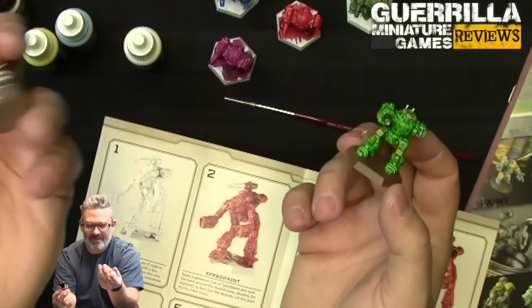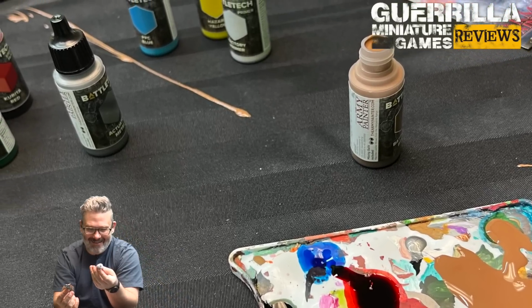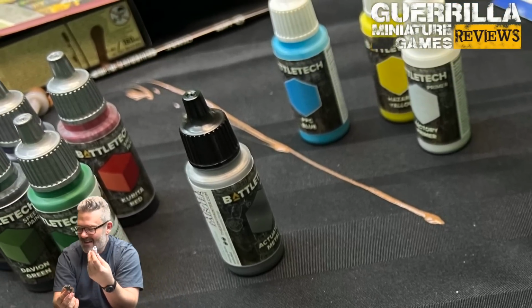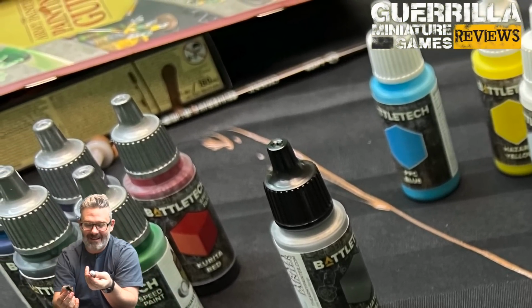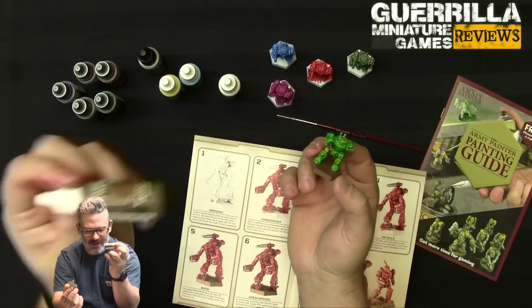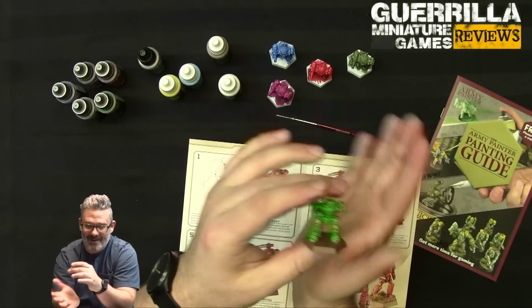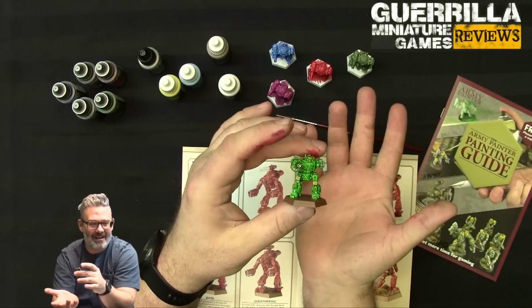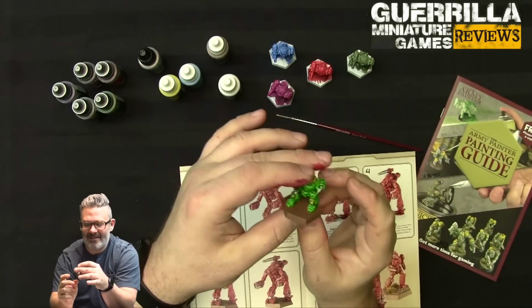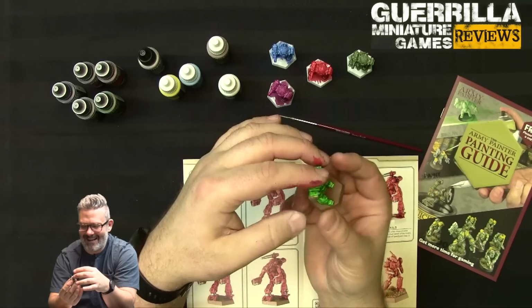Now here's where I ran into my next bit of trouble after the primer. This had a clog in it. I squeezed it a teeny bit too hard, and the top flew off, and we had a battlefield brown explosion. So be mindful of these droppers. Usually what I have lying around is a paper clip that you can fish down the nozzle and clean out, but I wasn't expecting that for a brand new paint. I ended up putting out way more brown than I thought I was going to,